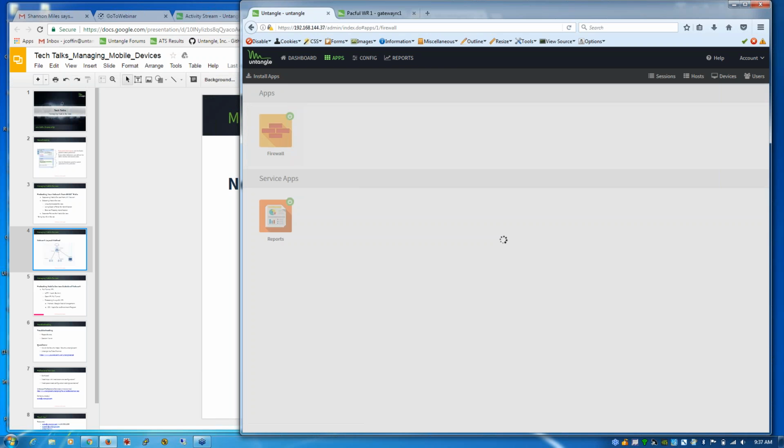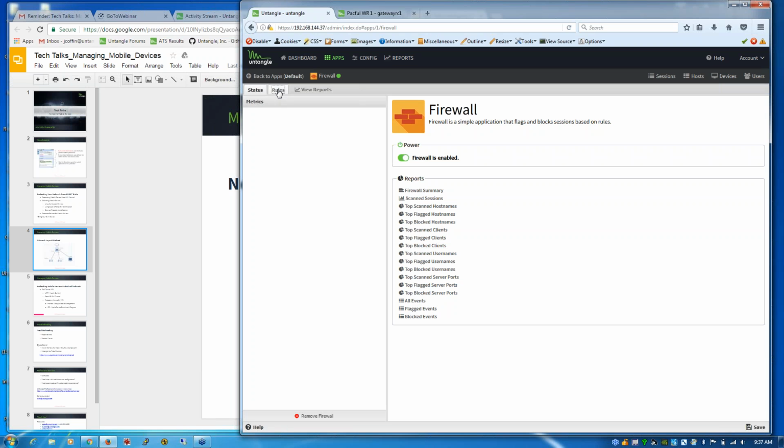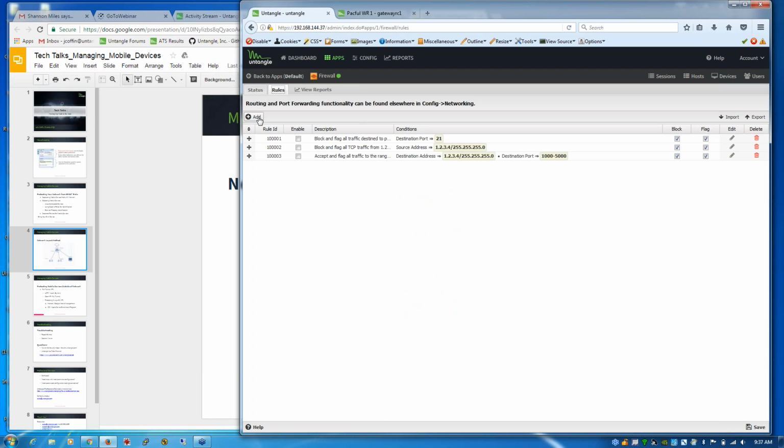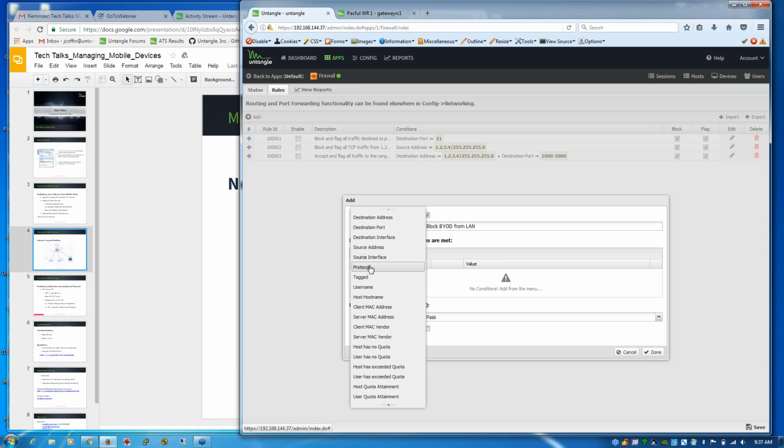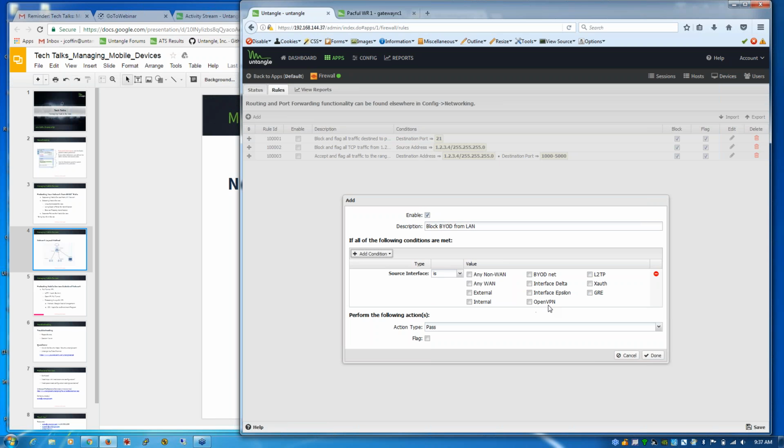And we'll get that installed. And then what we can do is make a rule. We'll add a rule, and we'll call it, block our bring your own devices from our LAN, our network thing. So we'll add a condition, and we'll say the source interface is going to be